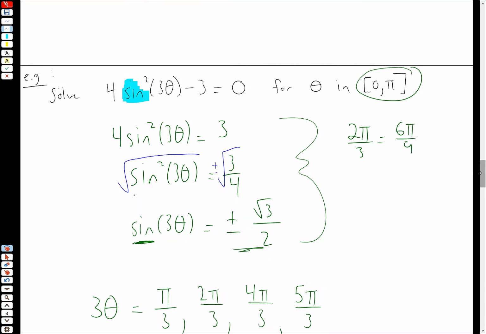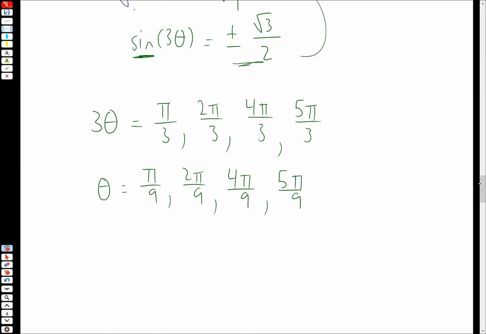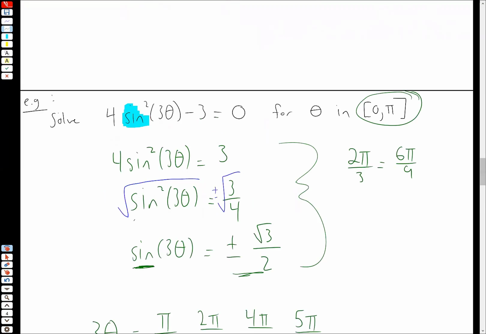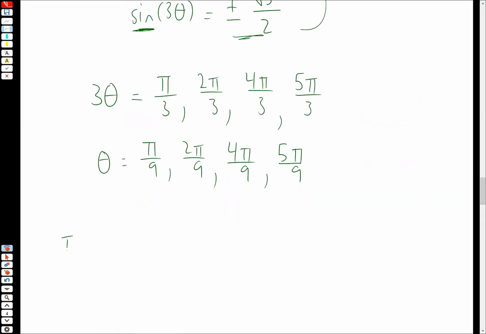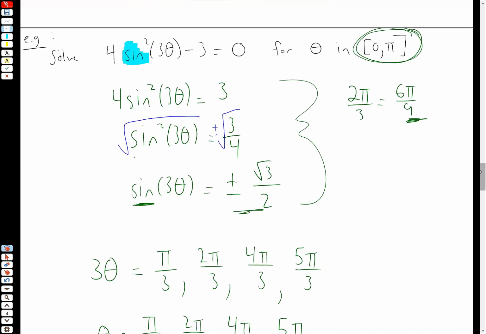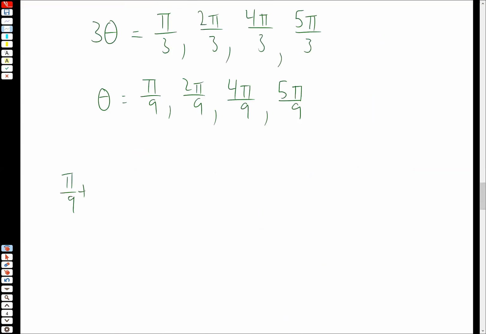So what we're going to do is we're going to add 6 pi over 9 to these answers, and we're going to make sure that they're within 0 to pi. Okay, so if we take pi over 9 and add 6 pi over 9, so the period of our sine function in this case, we get 7 pi over 9,